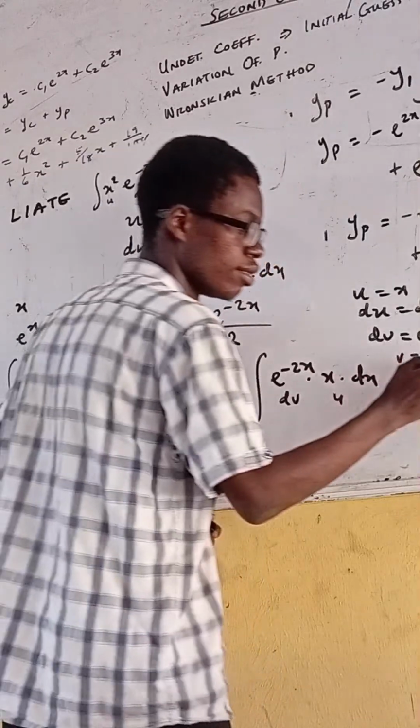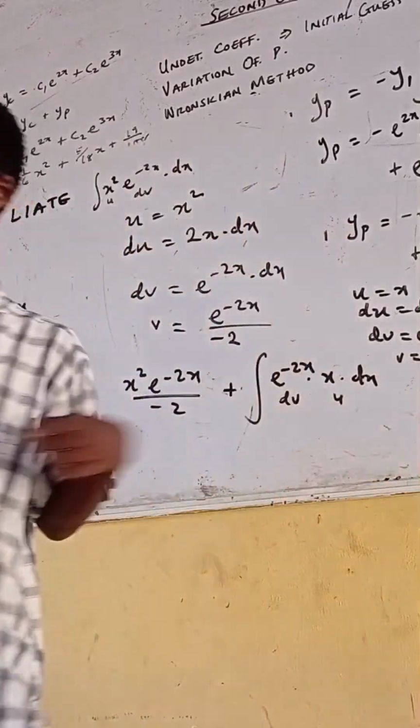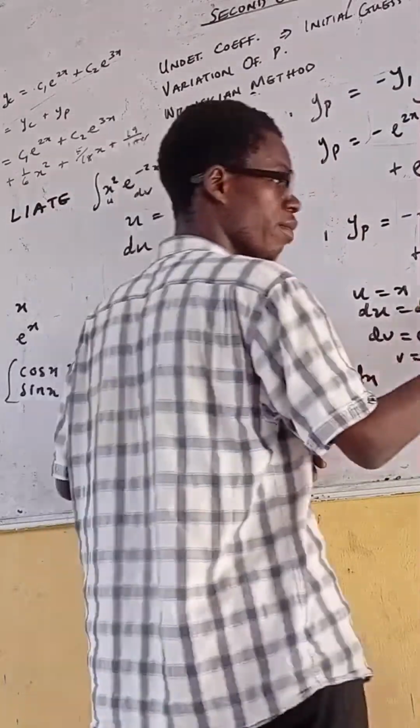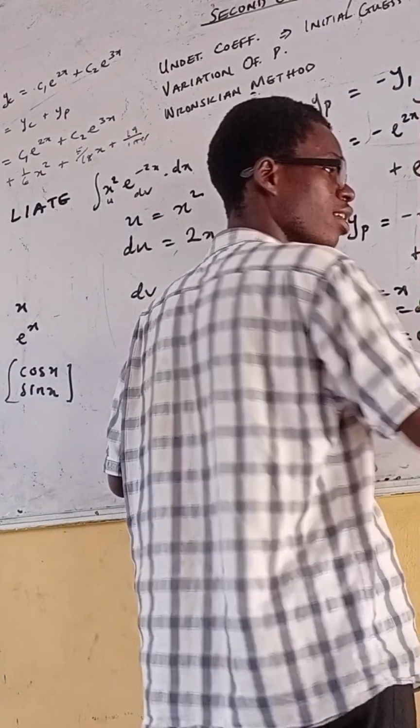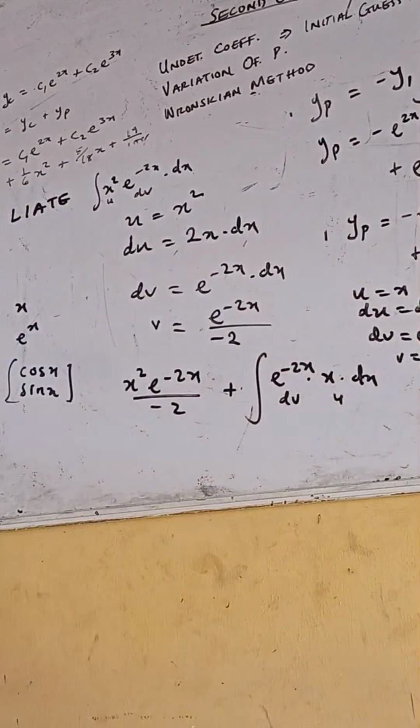Integrate it. e^(-2x) over. If it is differentiation, minus 2 will just come down. So it will now become -2e^(-2x). Down is differentiation. Integration is over. Take this to